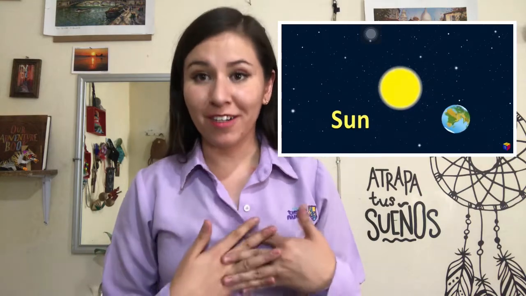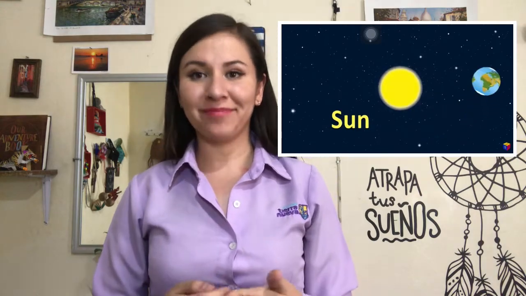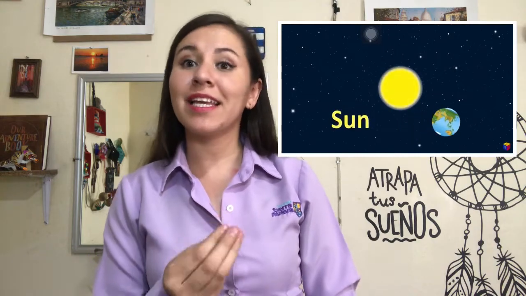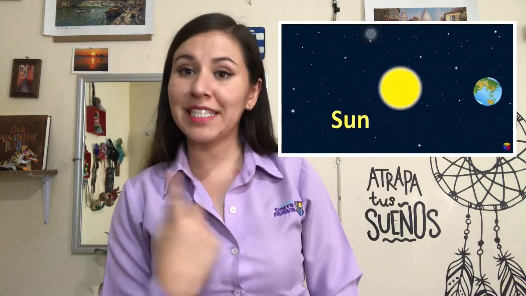And the most important star for us, for the Earth, is the sun. Remember that the sun is very important because it's in the center of the solar system, and around the sun there are different planets. What else do we know about the stars? The stars are huge balls of gas. Very important to remember. So now we have remembered all of the stars, but you may be wondering, what